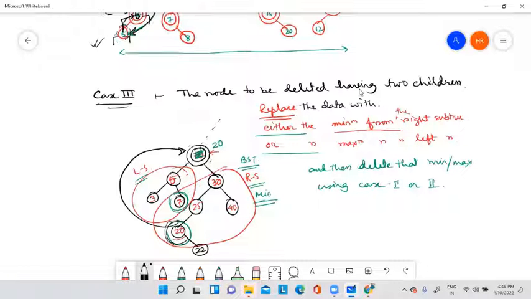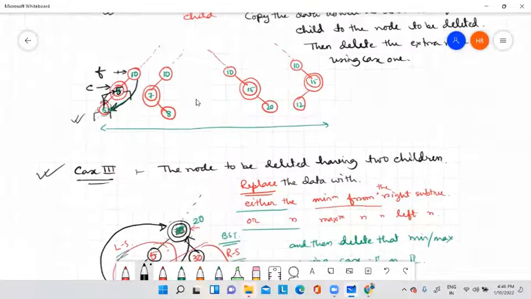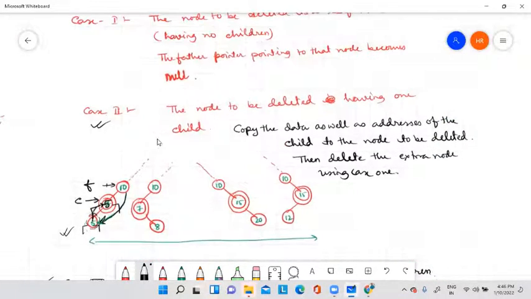Now when I delete this, it will satisfy case number 2 because this node has one child. Now in this case, suppose I am replacing 20 by 7, the maximum from the left subtree. Then when I delete this node, I will follow case number 1. So these are the 3 different cases that will be followed in every binary search tree.